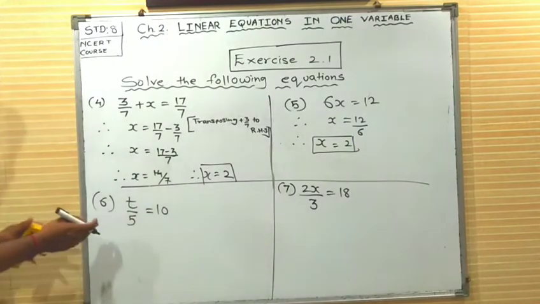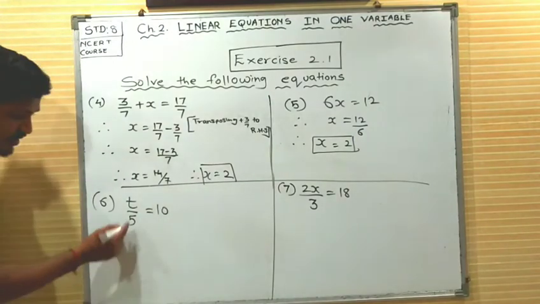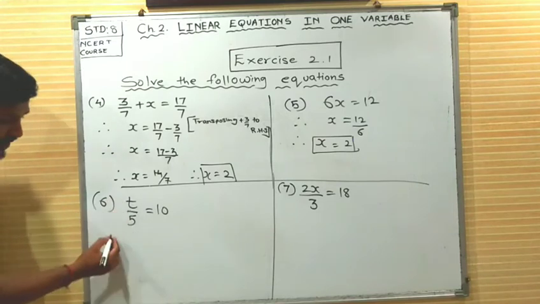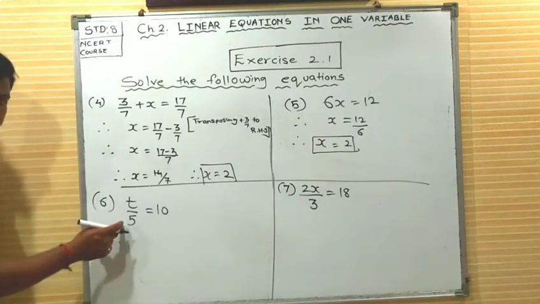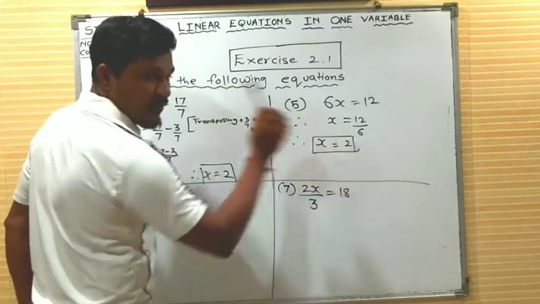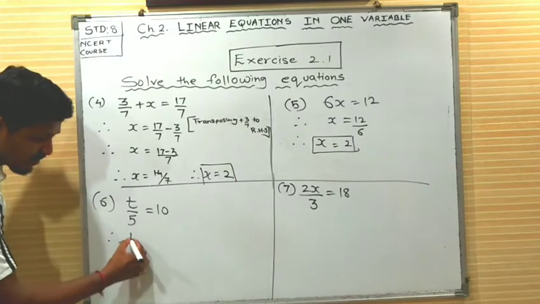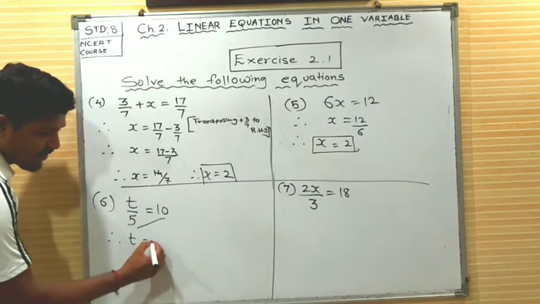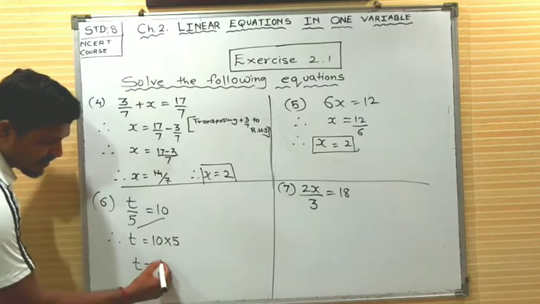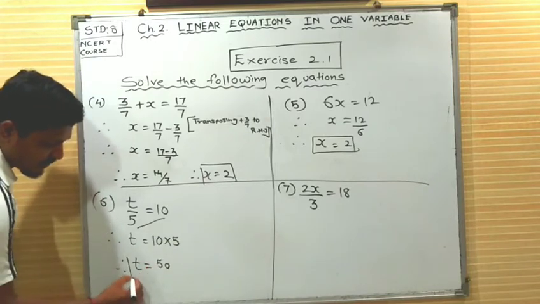Now let us see over here our next sum. The variable divided by 5. As I told you, if the number is in division form, it's going to multiply. If it is in multiple form, it's going to divide. Now here 5 will go over here. Very easy method. Very simple. The value is 50.